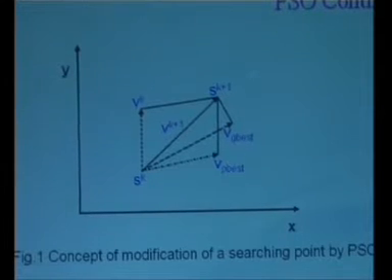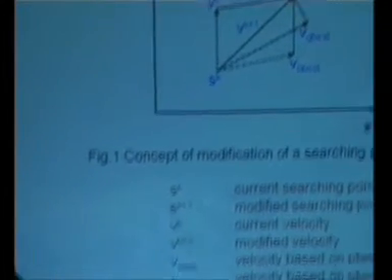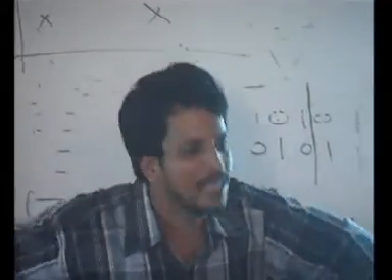So your movement is governed not only by your own velocity, your own acceleration, but also by another term from your cognition and a third term from the social influence. Are you clear? Mathematically,